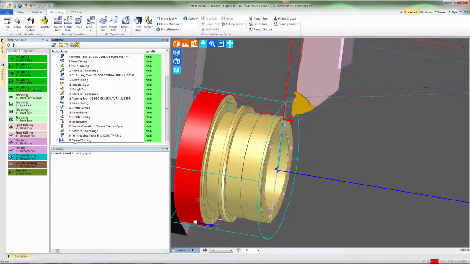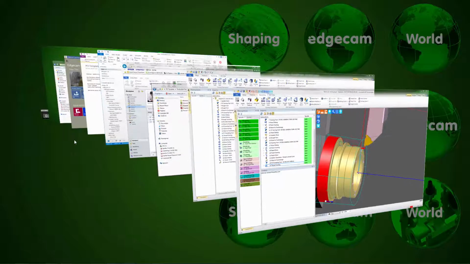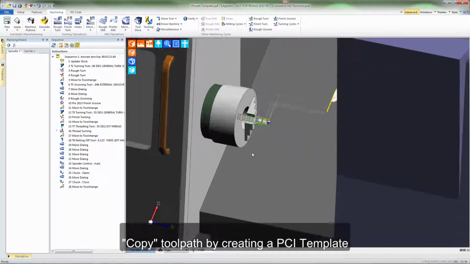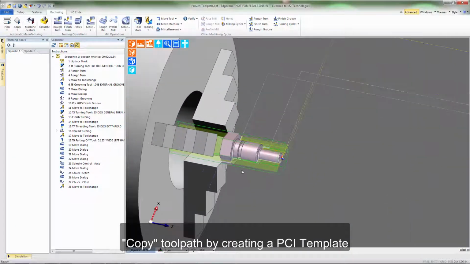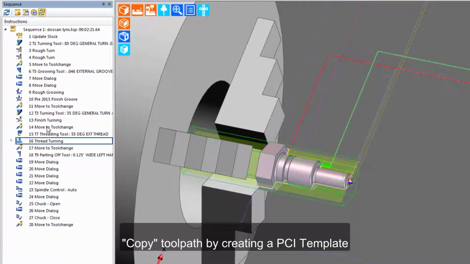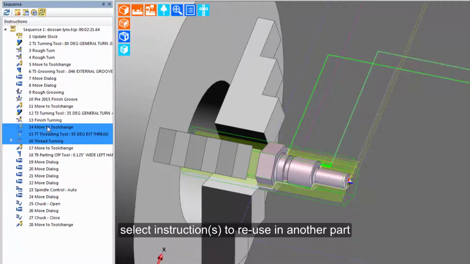Let's go have a look now at how to create a PCI template. This is a part where toolpath has already been created, and if we zoom in and look closely, we see toolpath created that captures the correct setup for an external thread turn tool. With all of those instructions that I want to capture to a process, or in this case a PCI template, identified,